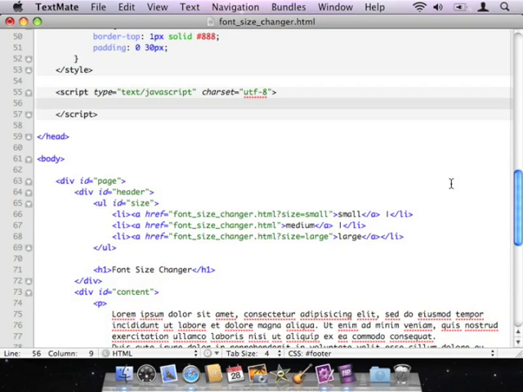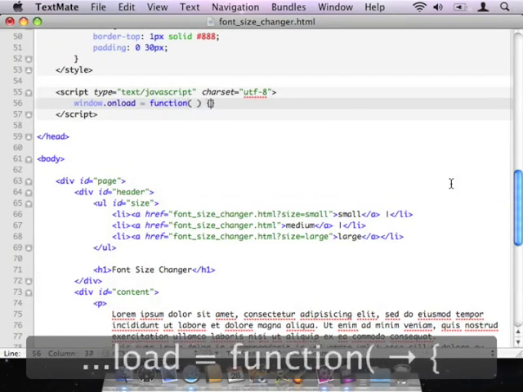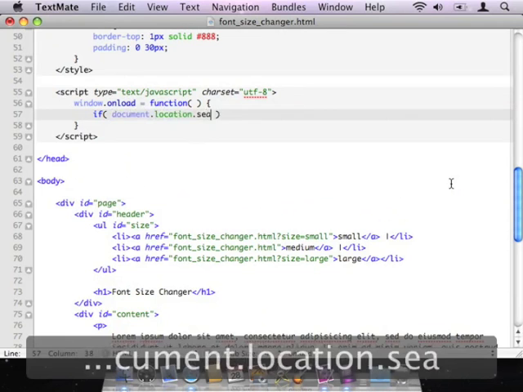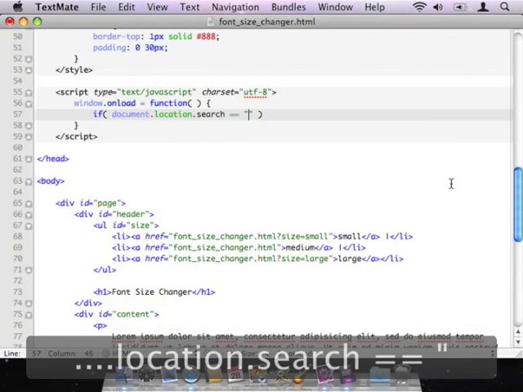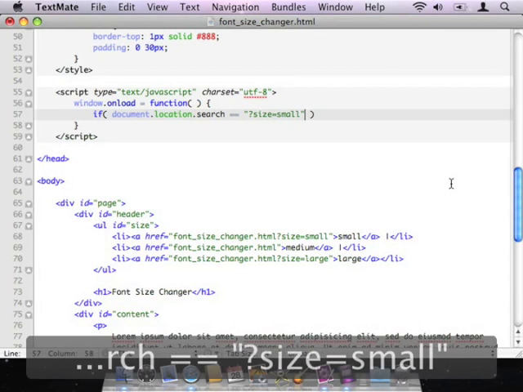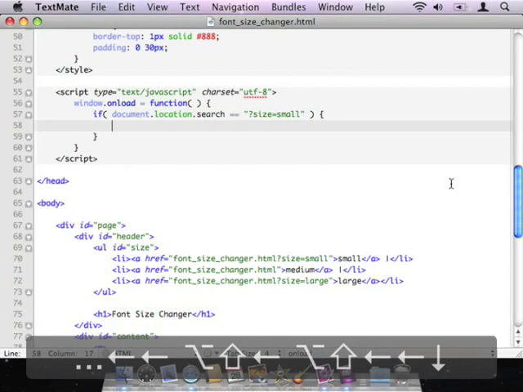But since what we're actually going to end up doing in the long run is not only detecting the parameters, but then also changing HTML attributes based on what parameters we receive, I am going to go ahead and keep everything here inside a window.onload event handler like we've been doing recently. So here I'm going to basically say that as soon as the document's loaded, if the value of document.location.search is equal to "?size=small", then